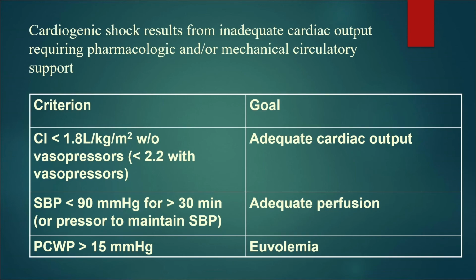Thanks, David. So, to address Daniel's and Nir's comments, that's why I put here our goals for cardiogenic shock management: adequate cardiac output, adequate perfusion, euvolemia. And we need to figure out what it is for each subset of cardiogenic shock. And yes, I completely agree that we may not be able to come up with an exact set of numbers or ranges, but at least it will give us some direction on where to go in different hemodynamic subtypes of cardiogenic shock. Thank you.